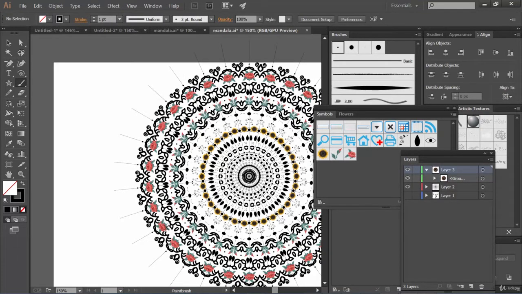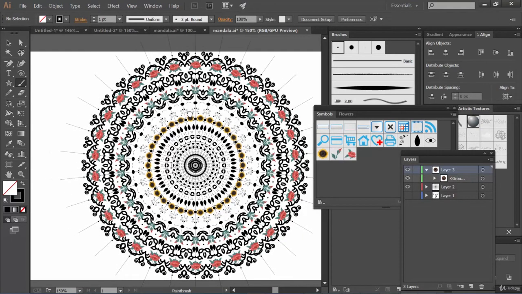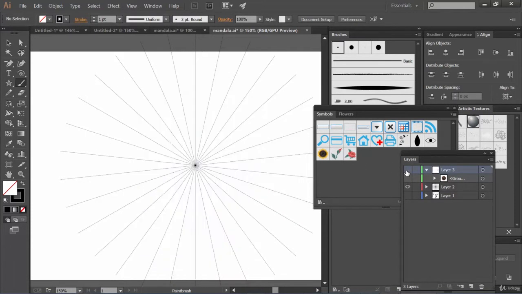It is having, I guess, 30 divisions. That's why it is this kind of complex. Okay, so let me hide it. So this is for the number of divisions.